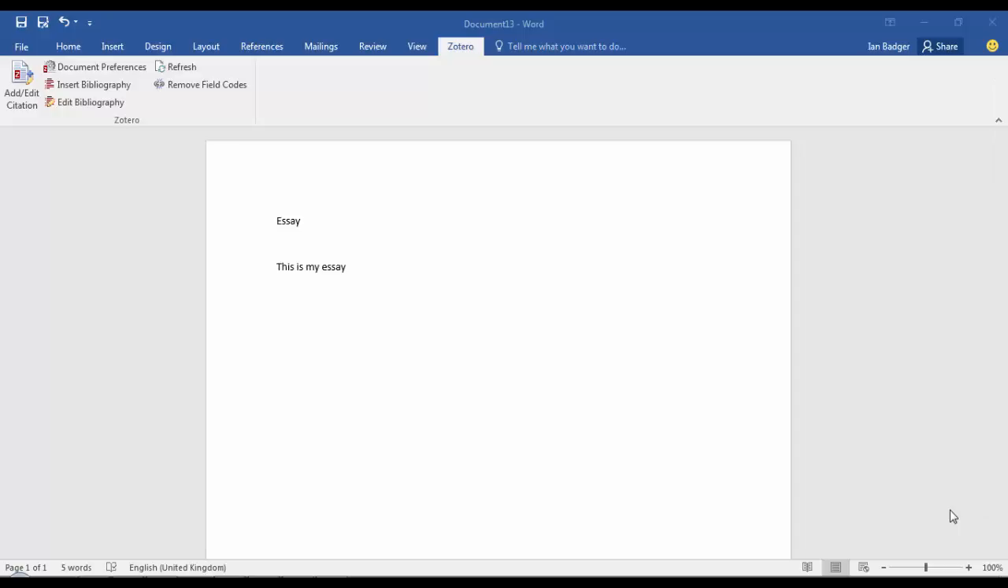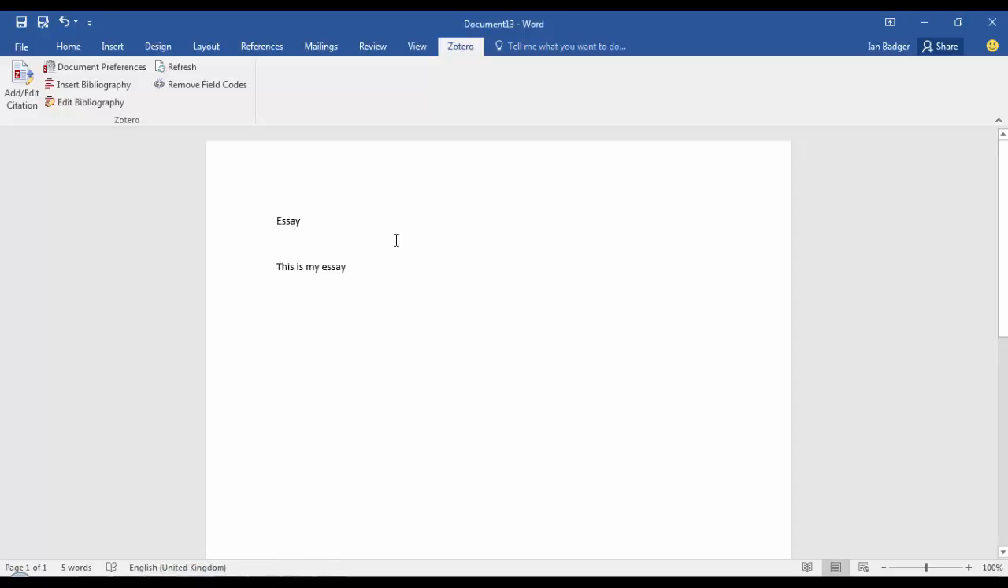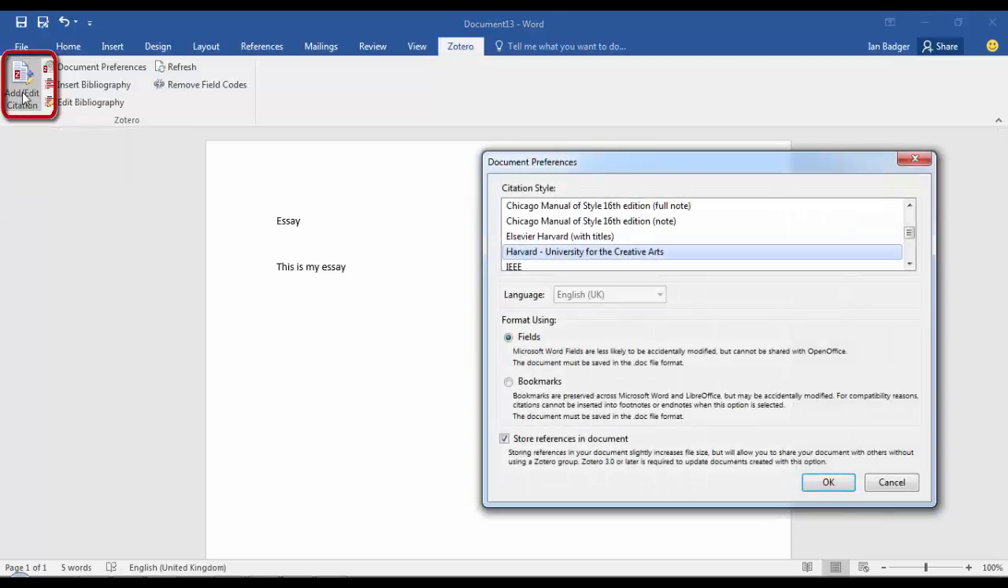When you want to use the Zotero add-in with Word, the first thing you need to make sure is that you've got Zotero standalone or Zotero for Firefox open whilst you're writing your essay. Then the plugin can communicate with it. So if you click on Add Edit Citation at the point that you want to put the citation in,